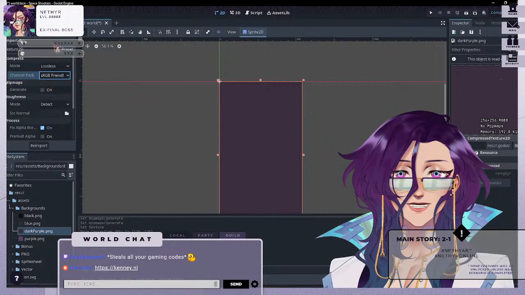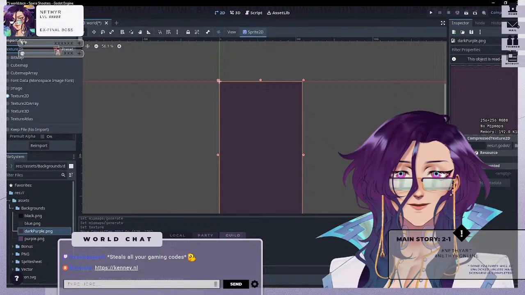Yeah, it doesn't have anything for me to like... Interesting. How about if I do it as an image? Nothing. Bitmap? No. Cube map. Cube array. Image? No. Texture 2 array? No. That doesn't do anything. Atlas? No. Atlas 3D? No. It seems like only the texture 2D makes it possible, but if I wanted to